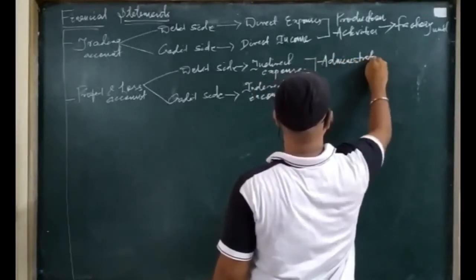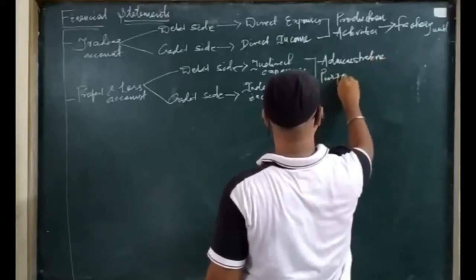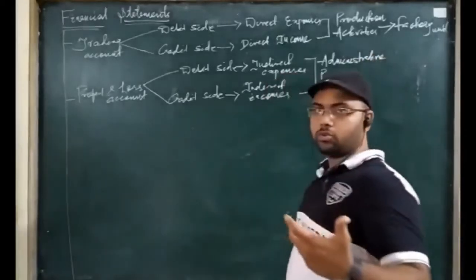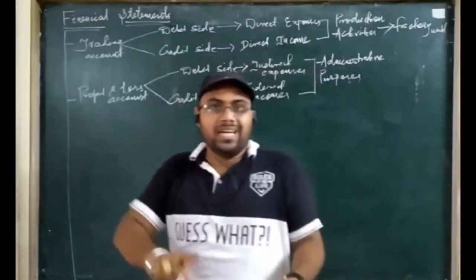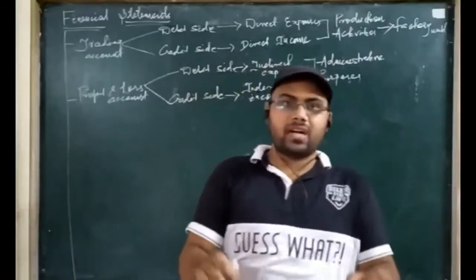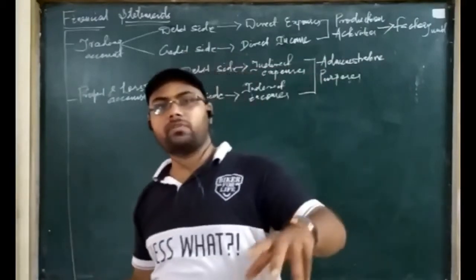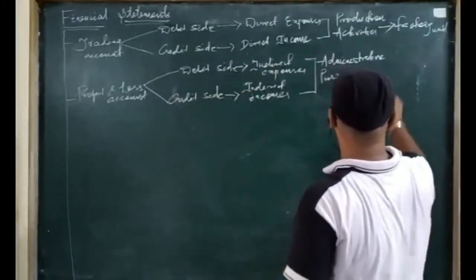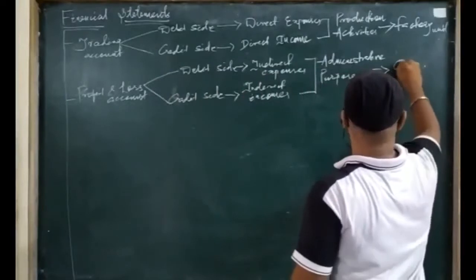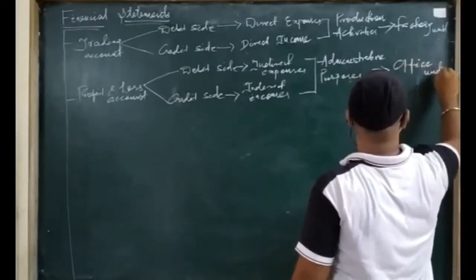Administrative purposes can be called those purposes or uses other than production use. Any other purpose fulfilled in the business organization, other than carrying out production activities, is said to be an administrative purpose. Administrative purposes or office purposes, you can say either. Administrative activities take place in the office unit. Which unit? Office unit.